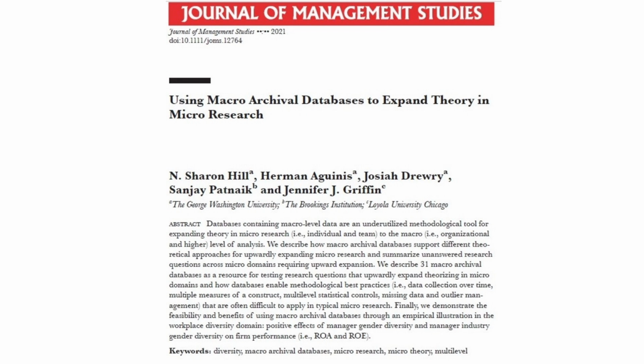Exactly. There's also a lot of interest in the organizational level outcomes of workplace diversity beyond just performance. There's been research on diversity at the team level, but much less at the organizational level. So we need to broaden our scope and look at things like companies' reputation, social impact, even environmental sustainability. And how does diversity play into those areas at a macro level? Exactly. These are just a few examples, but they really highlight the potential of these databases to offer a broader, more nuanced understanding of these really complex issues.